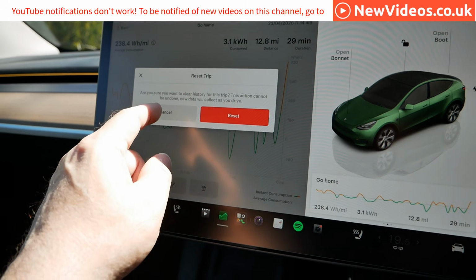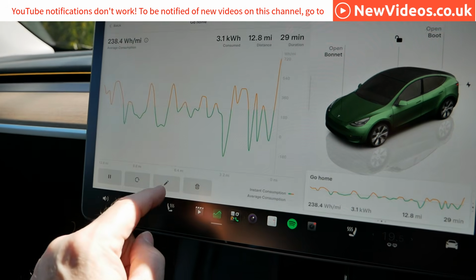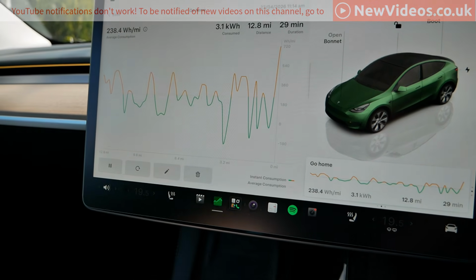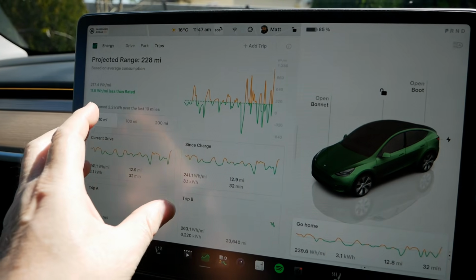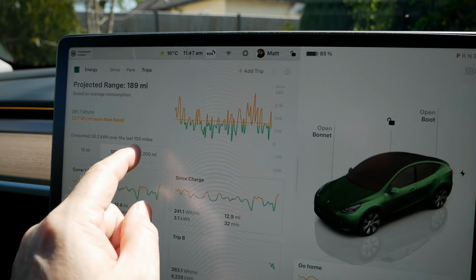You've got a reset there to clear the history from the trip. You can edit the name and then you can delete it. But of course, the main purpose of the Energy app is to get your predicted range, because this is a